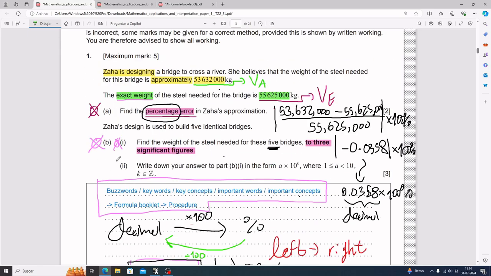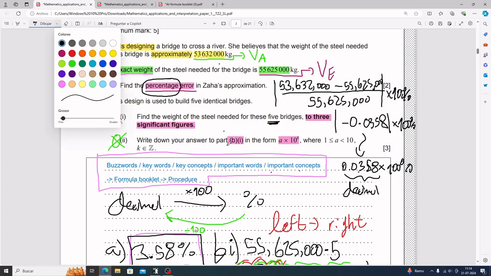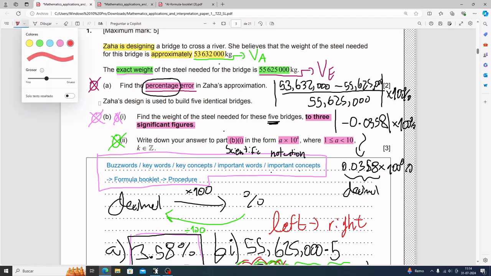For part B(ii), we need to write down the answer from part B(i) in this form. And just in case, if you want to Google it, this is scientific notation. And I know there's a bunch of stuff happening here, but let's go piece by piece. They ask for a to be between 1 and 10. This is pretty standard for scientific notation. And they also ask for k